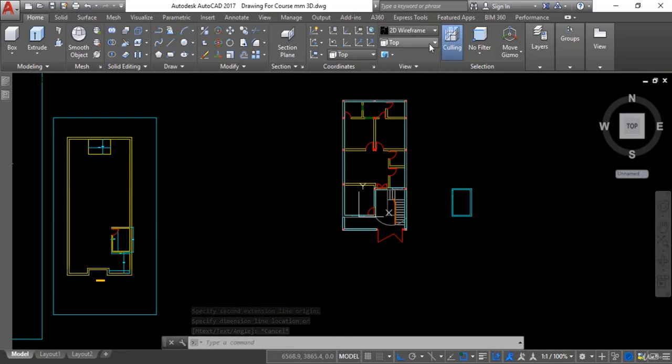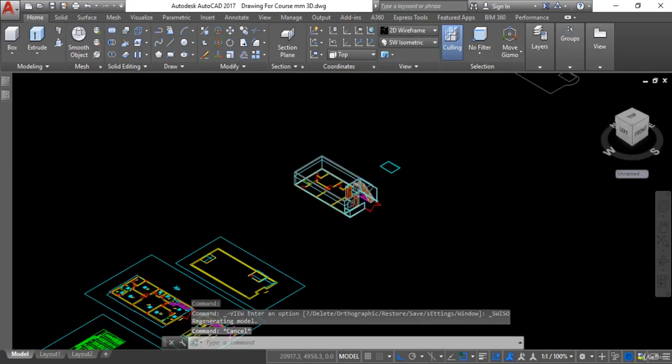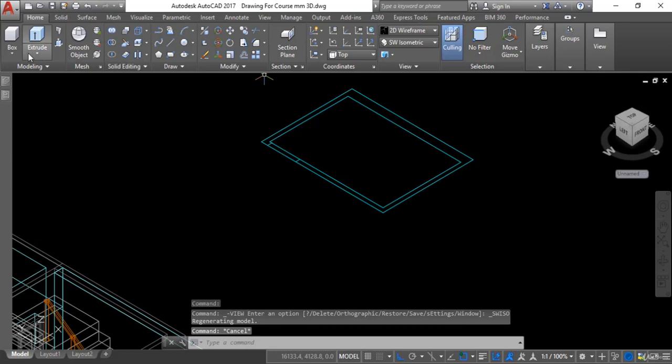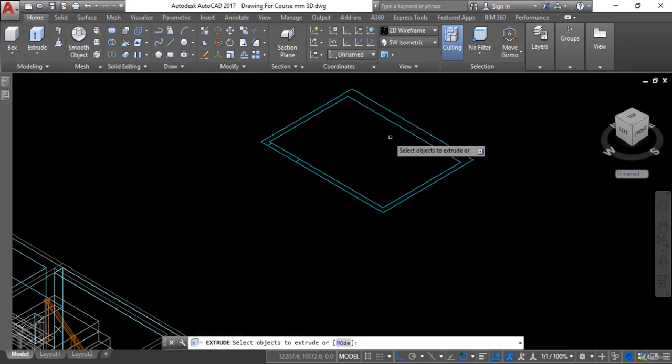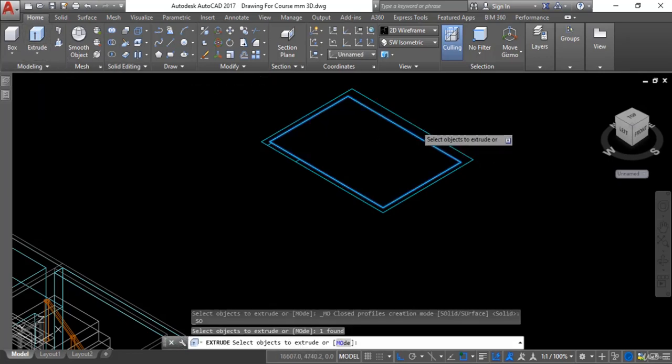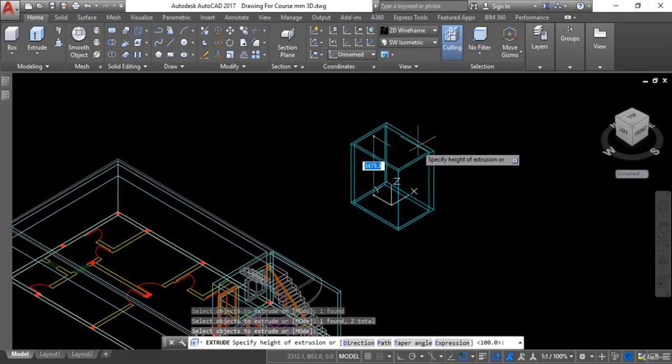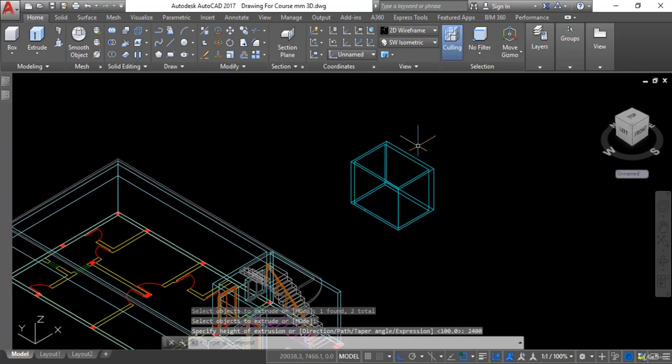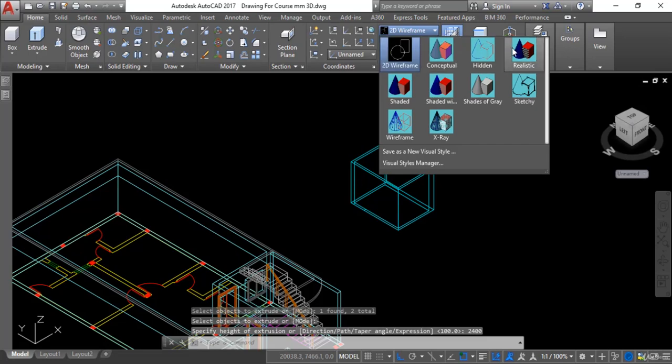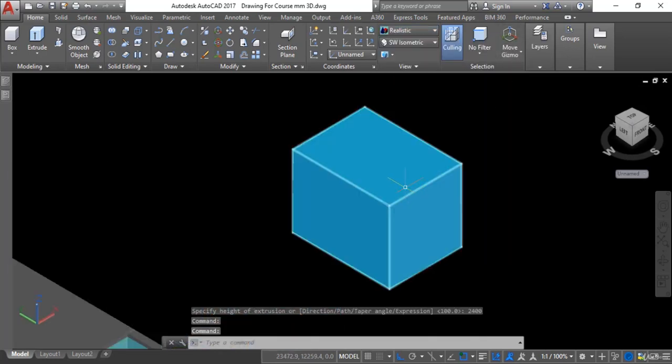So I will just go here in southwest isometric view and I will just extrude this one. I will just go here in extrude and I will select this and this one as well. I will hit enter. Now I will just give a value of 2400. I will hit enter. Now you can see in realistic view that this is a box, so we have to